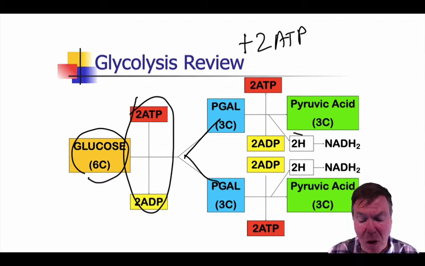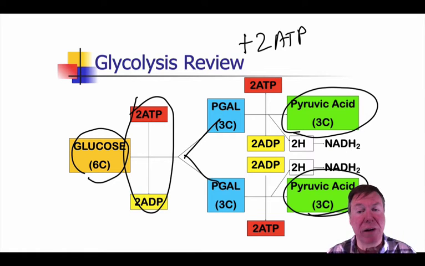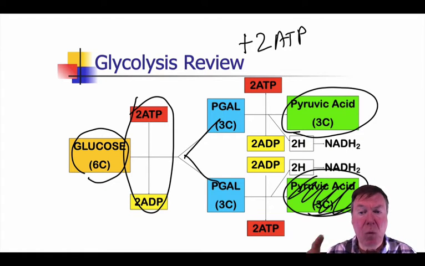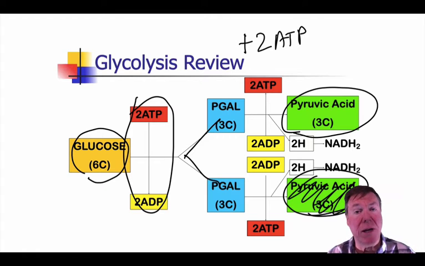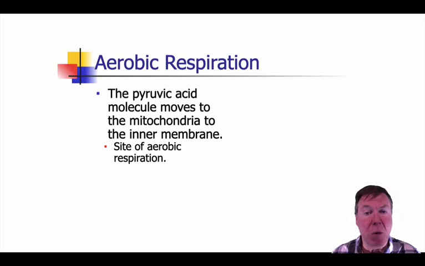And this is what we're going to be talking about, these two pyruvic acids. And actually, we're only going to follow one of them. Okay, we're going to take a look at one pyruvic acid. What happens to that one pyruvic acid when it goes in through aerobic respiration? So the first thing that happens is the pyruvic acid moves to the mitochondria, to the inner membrane of the